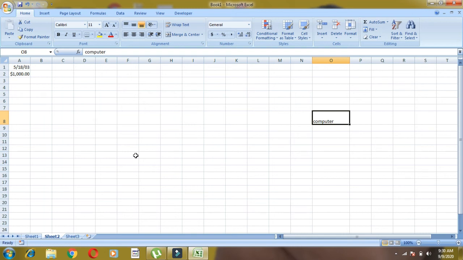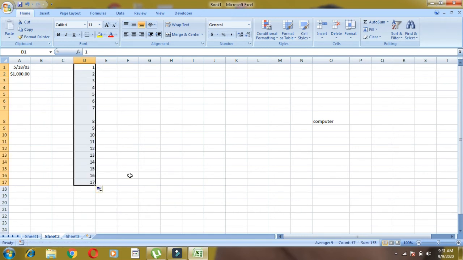So children, next part we have is the autofill. Now what is autofill? Autofill means automatic filling of the cells. The autofill feature is used to enter a predefined series of data such as text or numbers in a worksheet quickly. But it should be in a series, like suppose I have 1 and 2. I can select this one, then see the cursor, it's a thick plus sign. If I bring it to the edge, it will become thin. So simply click on that and drag it down.